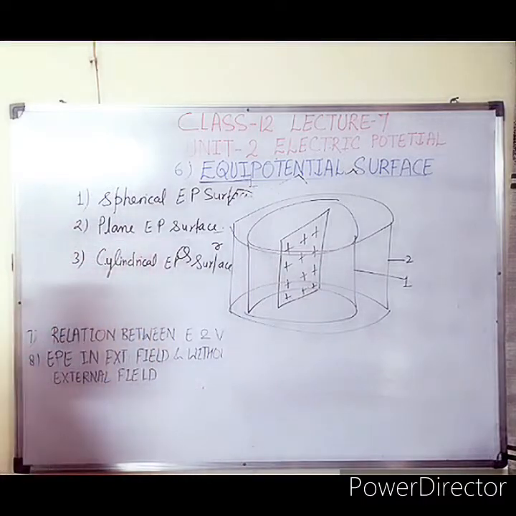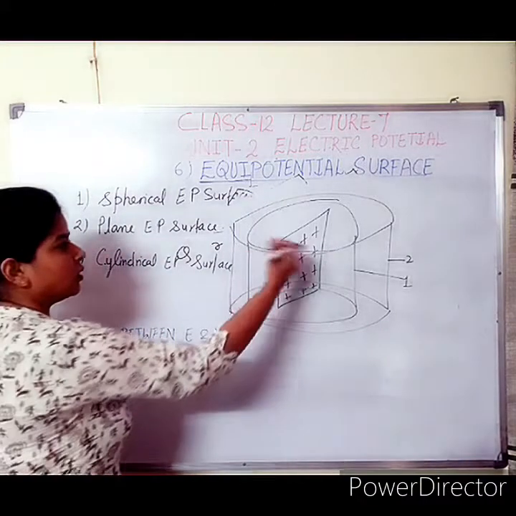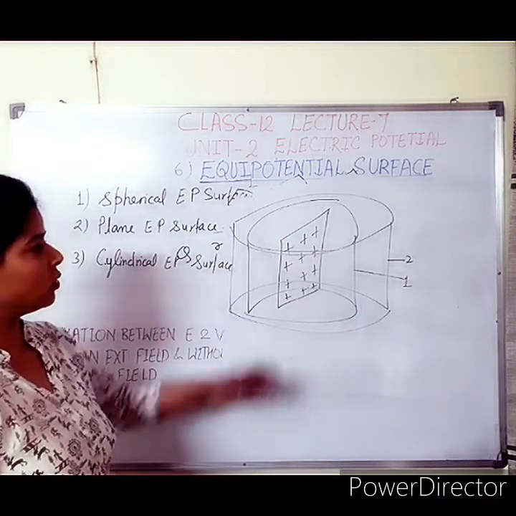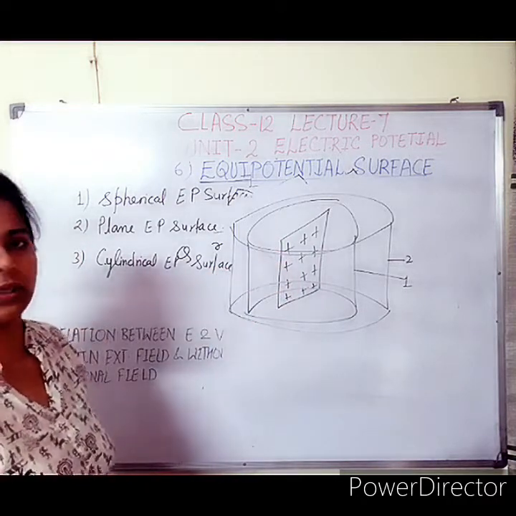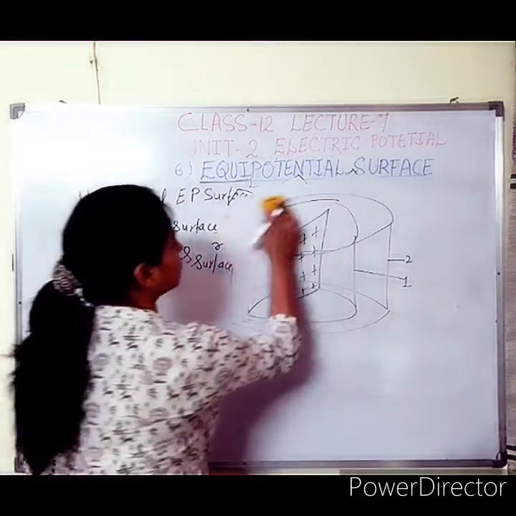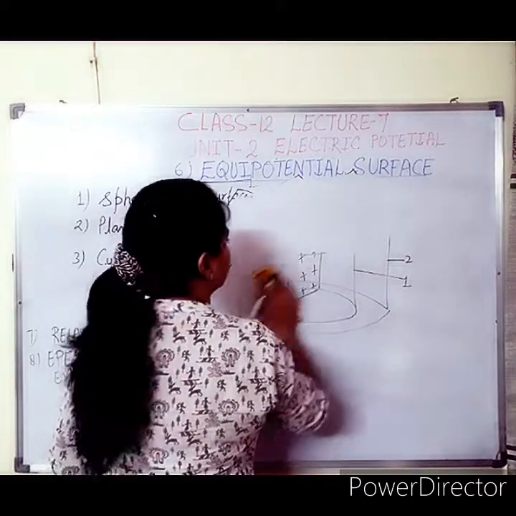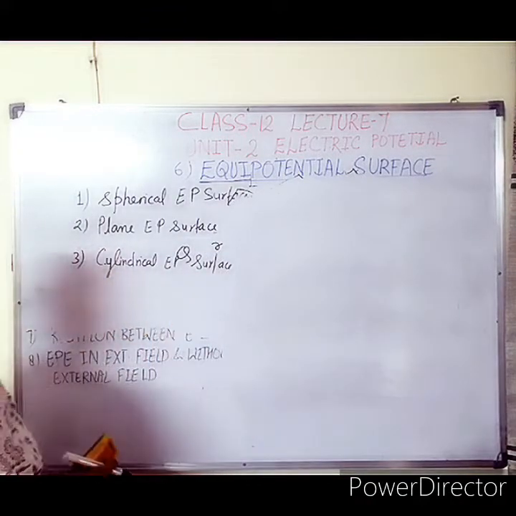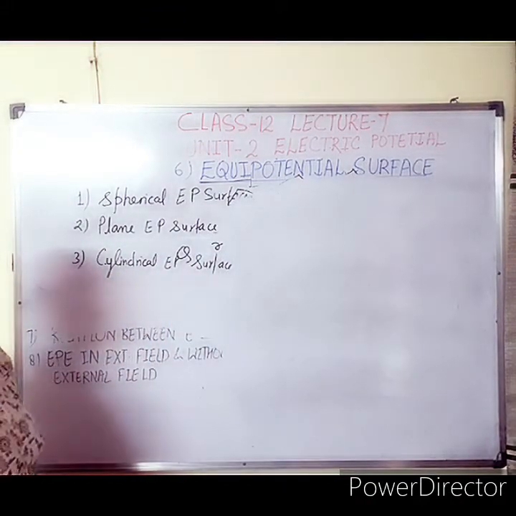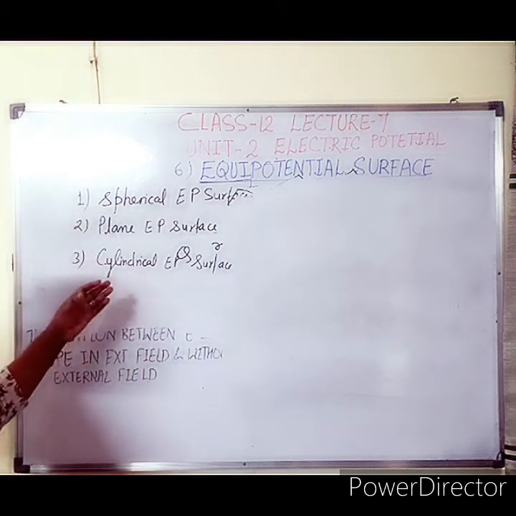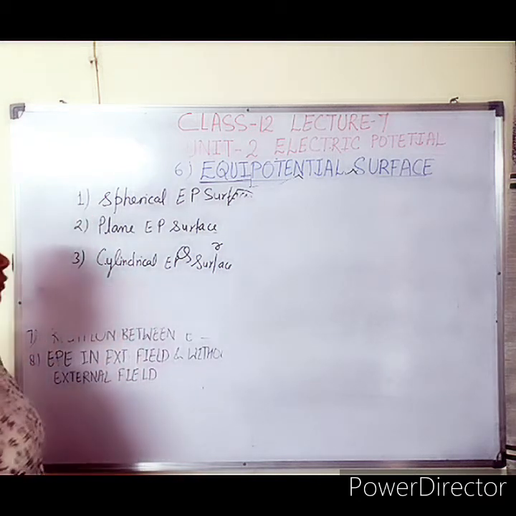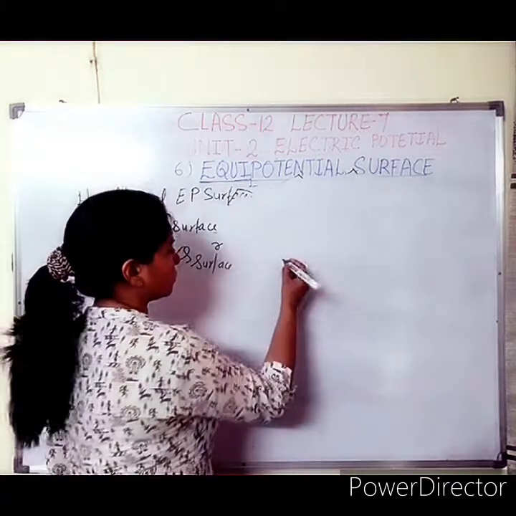So this is the cylindrical equipotential surface when there is a cylindrical surface structure or 2-dimensional surface structure of the source charge. This one is the source charge. So on the basis of the source charge only we can draw the type of equipotential surface. So that is the property of equipotential surface, and these are of 3 kinds. You can write down these 3 kinds of surface. Okay. Now more things I want to tell you.